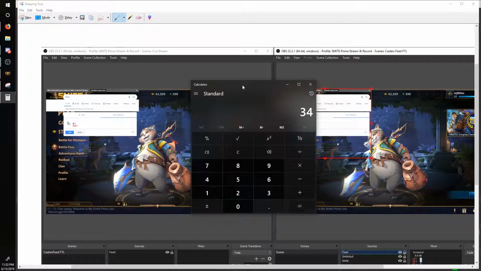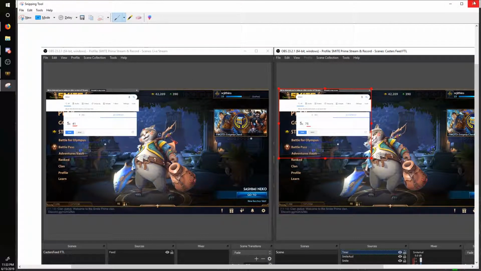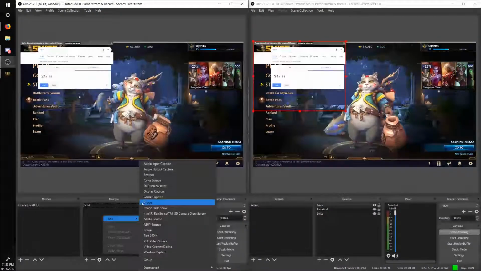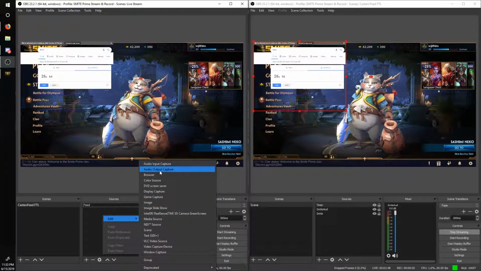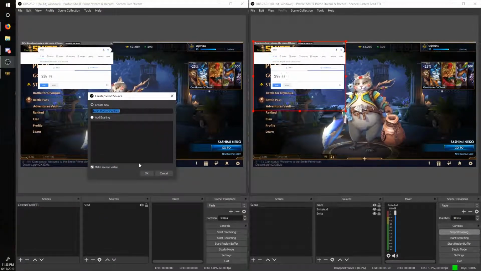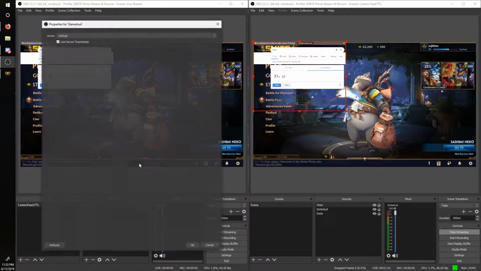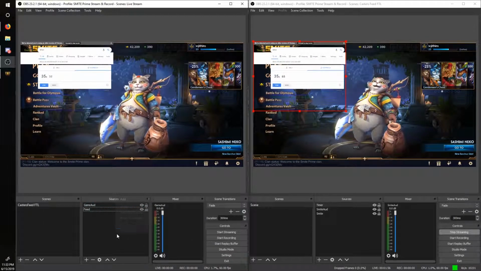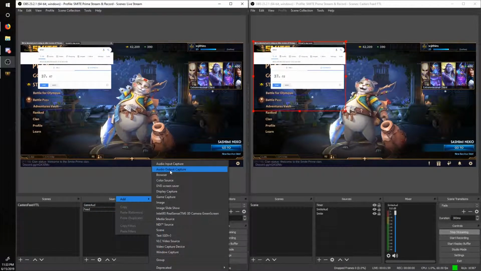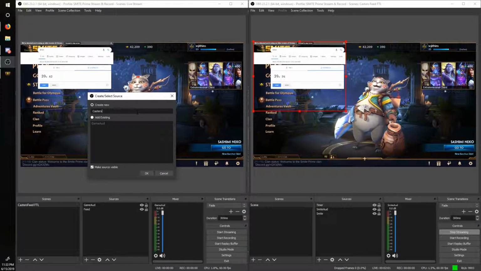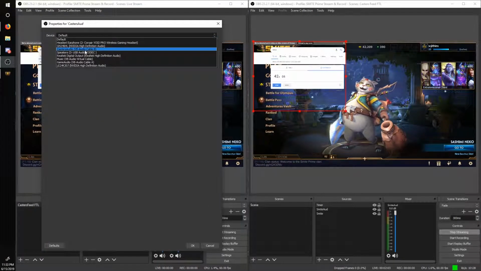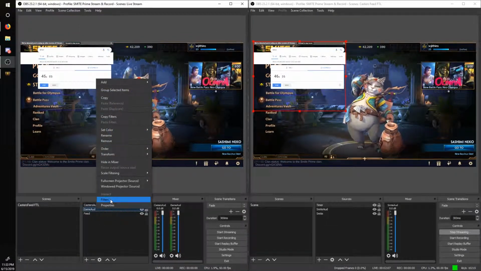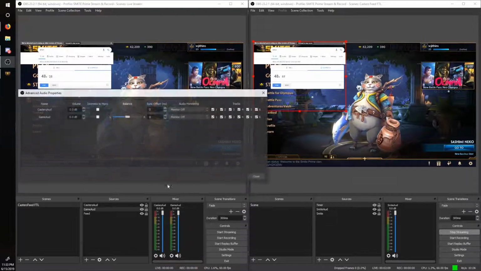75 minus 41, 34. So we have a 34 millisecond difference. So what I'm going to do here, because we have separate audio channels, we're going to have to capture the game audio again, which is going to be our game audio. And we're going to have to get caster's audio here. There we go. And we want to adjust these audio latency by that